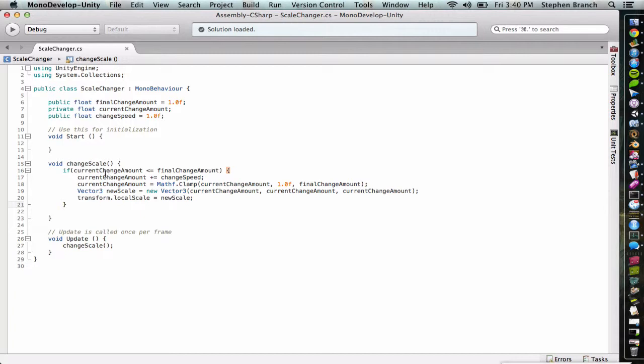Okay, so let's just look over what we've got. We're adding to the change amount if it's less. We're clamping it to make sure it's not greater than the final change amount, and then we're getting this vector 3 variable, and then we're setting it in transform.localscale. Okay, so if we hit save and then go back over to here,